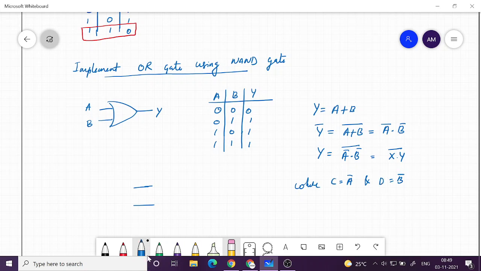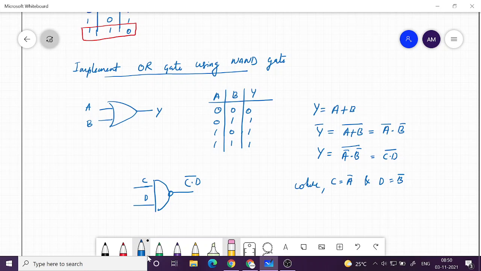So I give two inputs C and D to a NAND gate, then I will get C D the whole bar, where C is A bar and D is B bar. Now what is C?